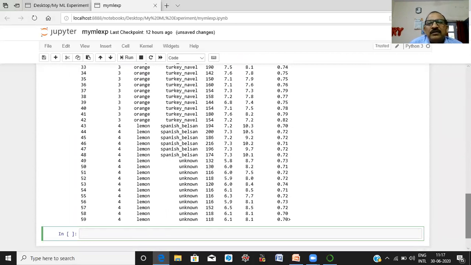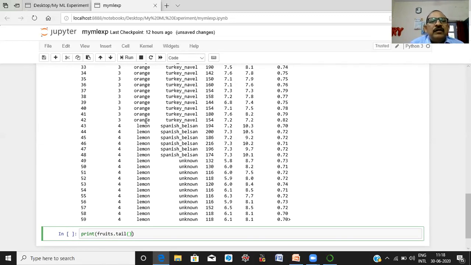You know there are 60 records in your data set. Suppose you want to see only the last 5 records. How will you do it? Simply write the name of your data frame, fruits dot, and here the method is tail.